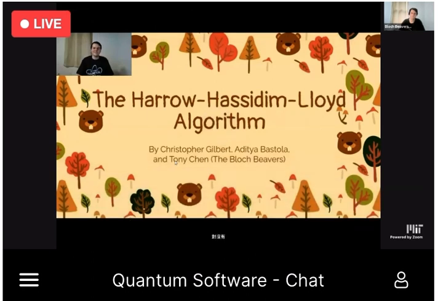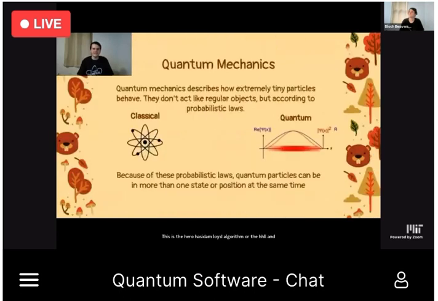This is the Harrow-Hassidim-Lloyd algorithm, or the HHL, and it's by Christopher Gilbert, Aditya Bastola, and Tony Chen, the Block Beavers. So, quantum mechanics describes how extremely tiny particles behave. They don't act like regular objects, but according to probabilistic laws. Because of these probabilistic laws, quantum particles can be in more than one state and in more than one position